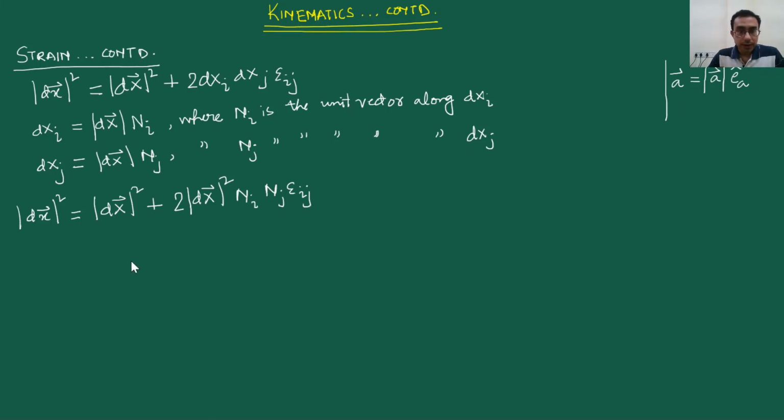Now note that this particular combination ni, nj, epsilon ij, as before, has no free indices. Both i and j are repeated, and this particular combination is a scalar combination. But is it perhaps possible to express this combination in a compact or a vector notation? So the answer, of course, is yes. We can always find an equivalent representation, and that is